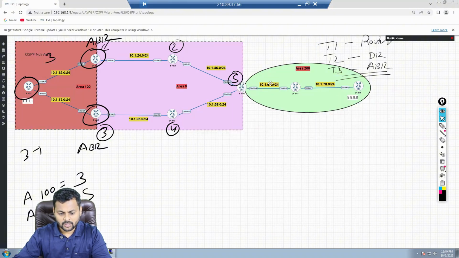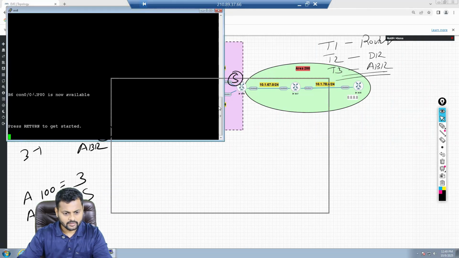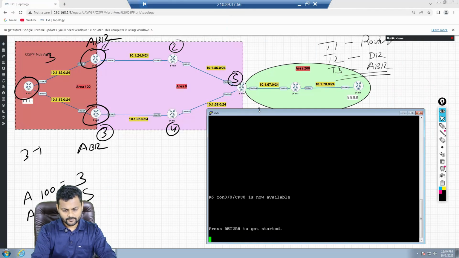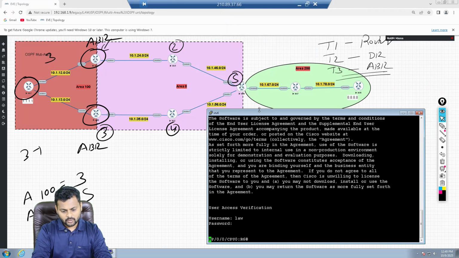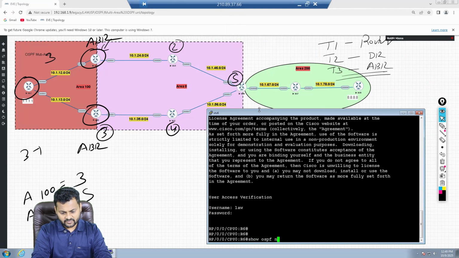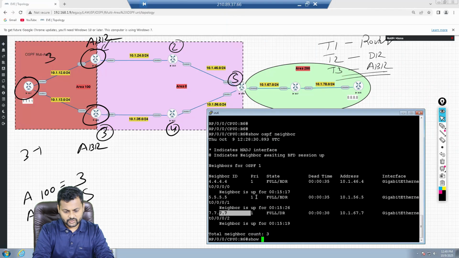Now you can look at R6 as well. On router 6, if you want to verify it, the username and password are both Cisco. What you can see is, first of all, show ospf neighbor, I have 3 neighbors. I'm forming neighbors with R4, R5, and R7. All good. Now I can verify the database.